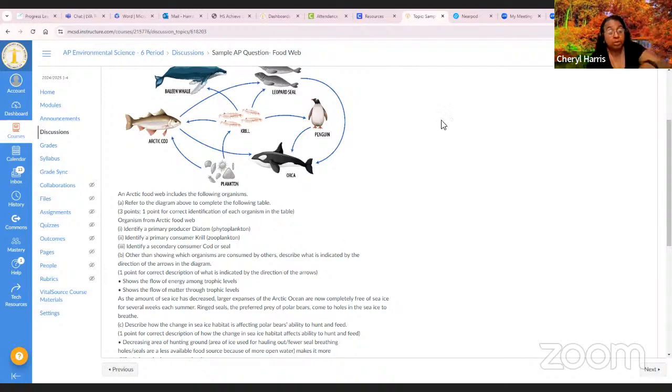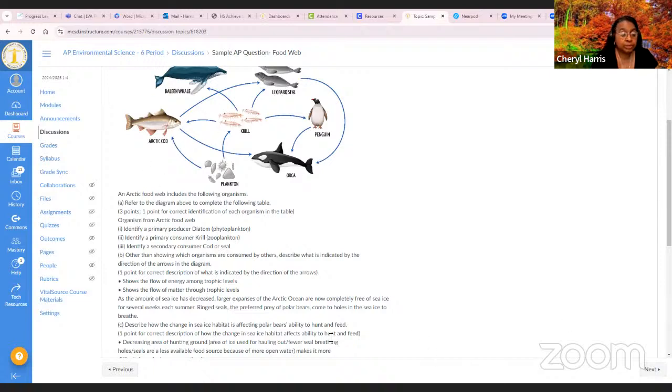You want to have your producer, your zooplankton is your primary consumer, and your secondary consumer as a cod. So create that table, then explain the direction of the arrows, show the flow of matter through the trophic levels. That's back to what we were looking at in our discussion question. What kind of matter is flowing